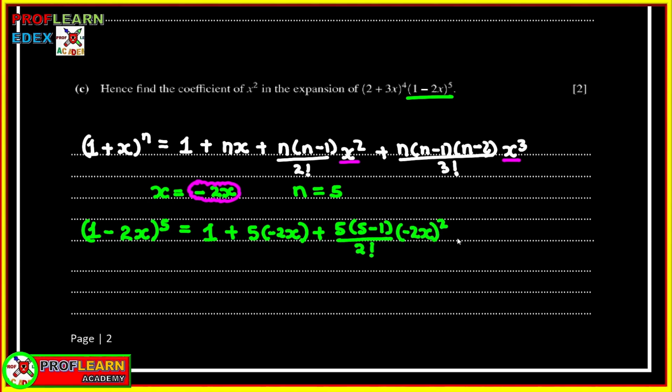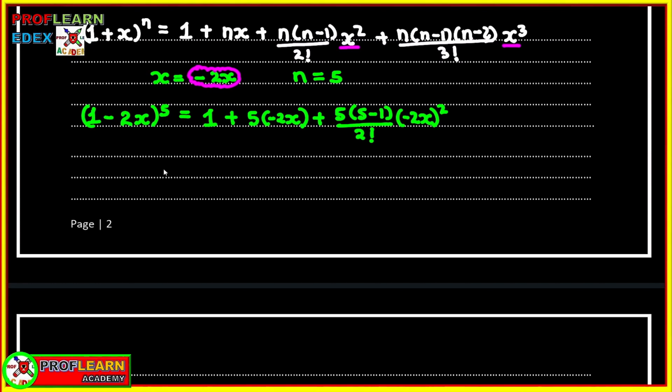Let's stop there, because we are after the coefficient of x squared. This is enough because we already have negative 2x raised to power 2. If it is multiplied by the first expansion we obtained, we can get x squared. If we simplify this, we get 1 minus 10x, then plus 40